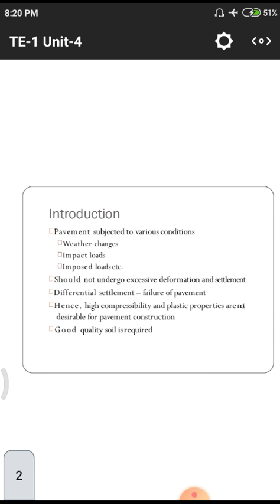Normally in village roads we observe that after rains and others, the total surface will be